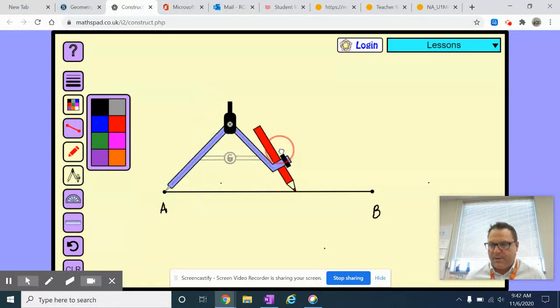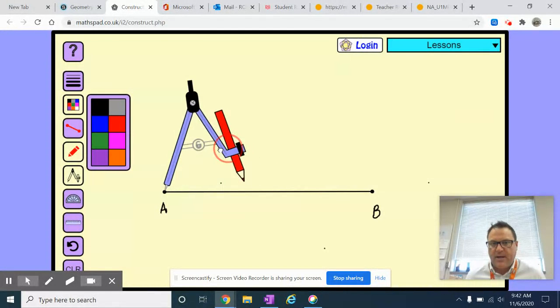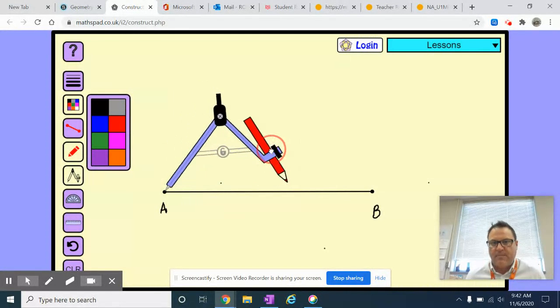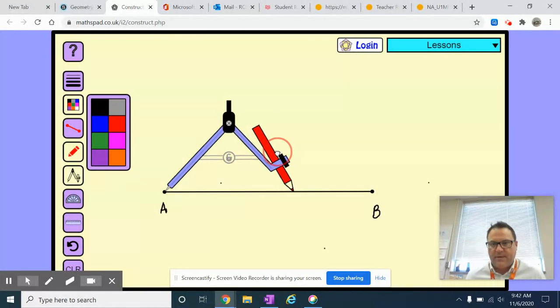So, and you just eyeball it, okay? Obviously, that's over halfway. Obviously, this is under halfway. So just eyeball it. It doesn't have to be exactly halfway. It just has to be bigger than halfway. So do you guys agree that this looks over halfway? I think it does. And then what you want to do is you just want to take an arc here,